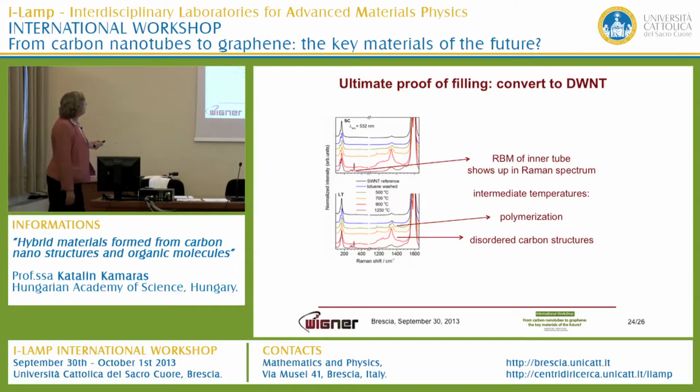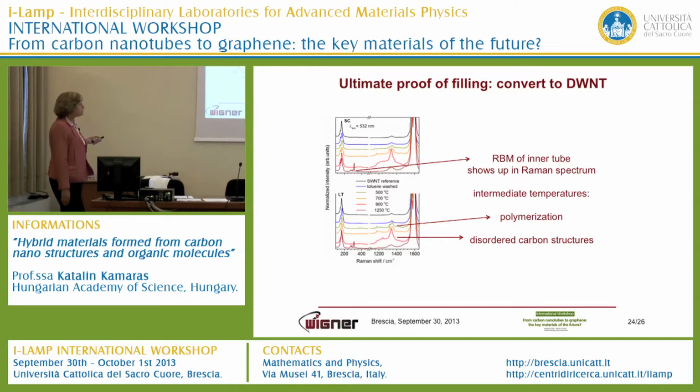Once you have these special nanotubes which were filled by the supercritical CO2 method, it means that you have nothing on the outside, because you don't have dichroline, and the chroline you can wash away because that's a pretty much soluble material. Now you can take the Raman spectra, and you can see the Raman spectra from the inside, from the molecules on the inside. But the ultimate proof of the filling is then to heat everything up to 1250 C and convert them